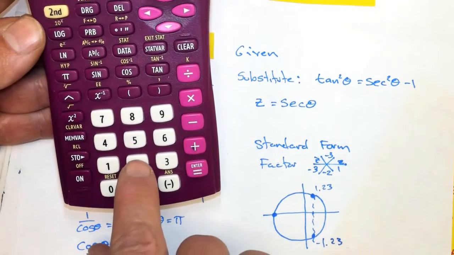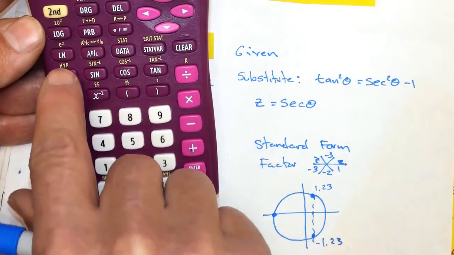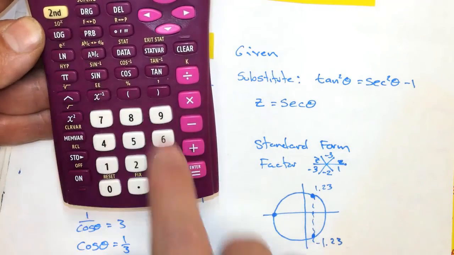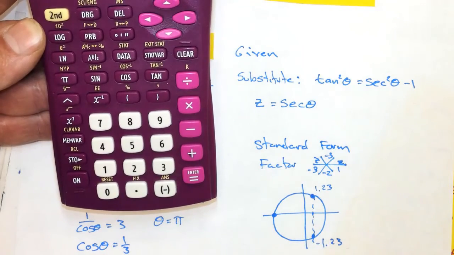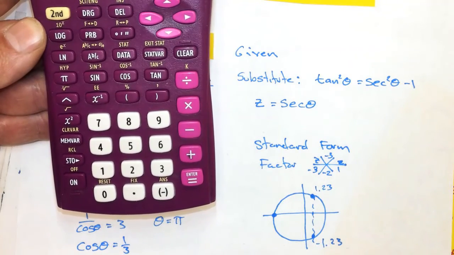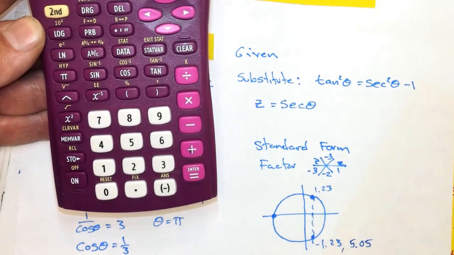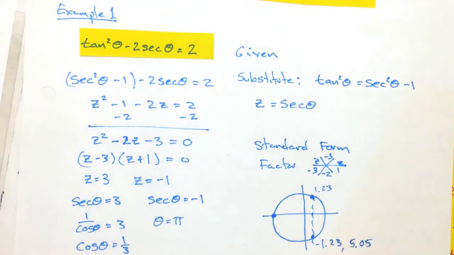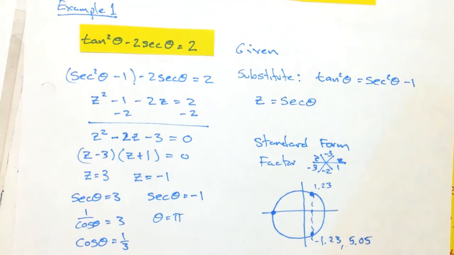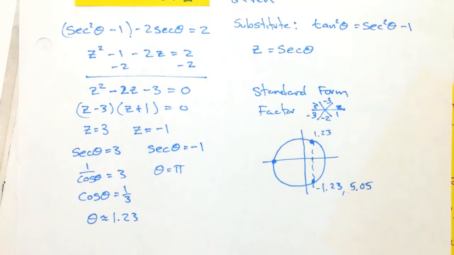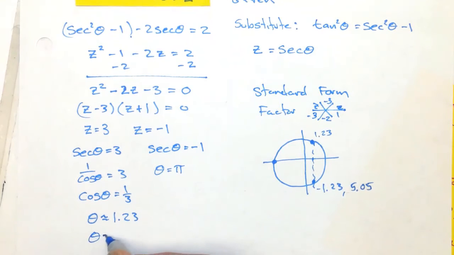To get that, I'm going to go 2 pi minus this answer, as this would be negative 1.23 radians. So I have 2 pi minus my answer, and I get approximately 5.05 radians. So that's my other answer here. So let's see if I can get that. Theta equals 1.23. Theta is approximately